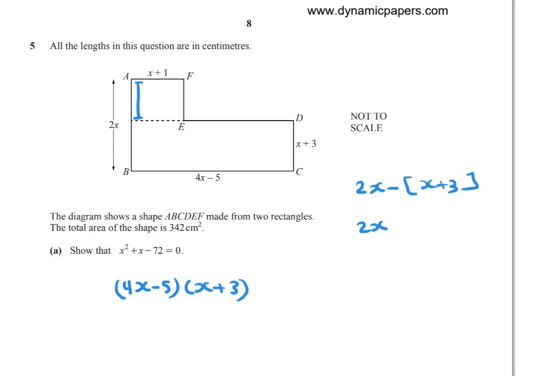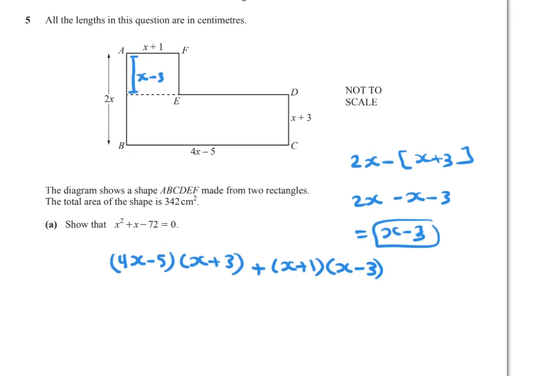This negative will change both, so negative x minus 3, equals x minus 3. So this distance is x minus 3. Now to find the area for this rectangle, (x plus 1) times (x minus 3). So (x plus 1) times (x minus 3) equals